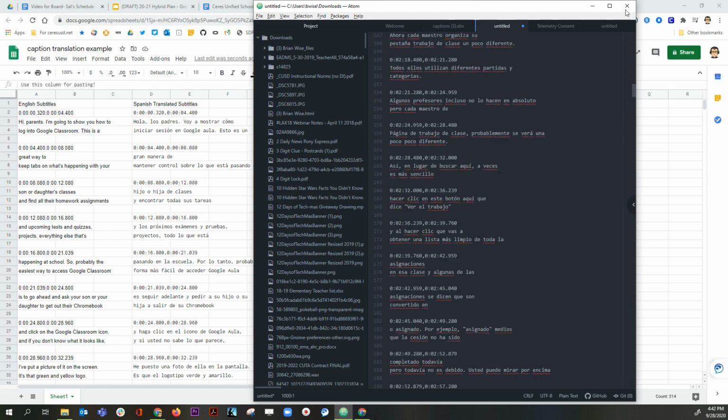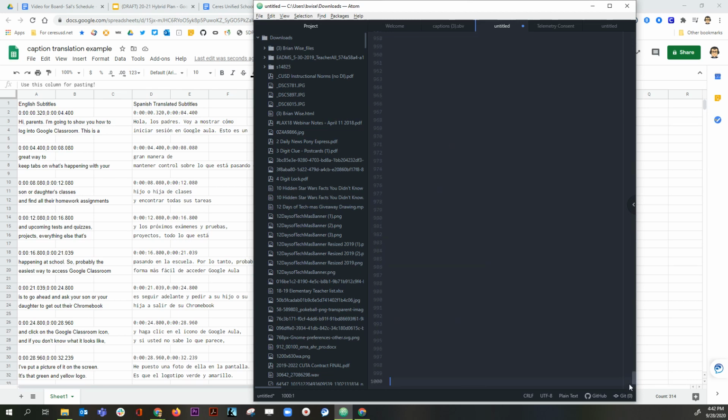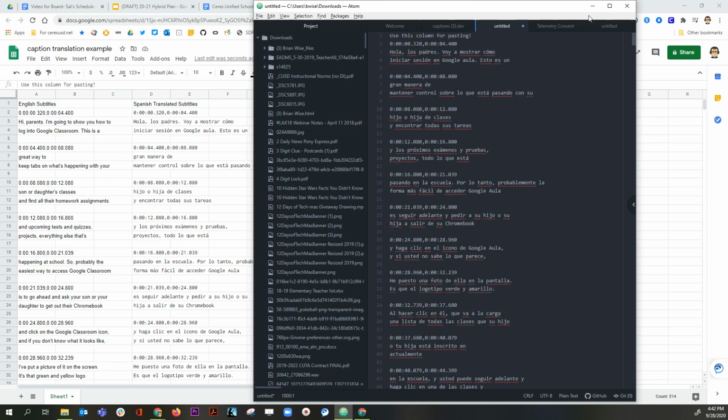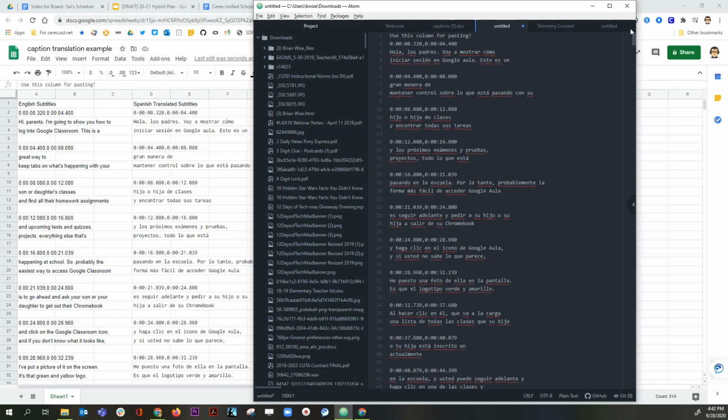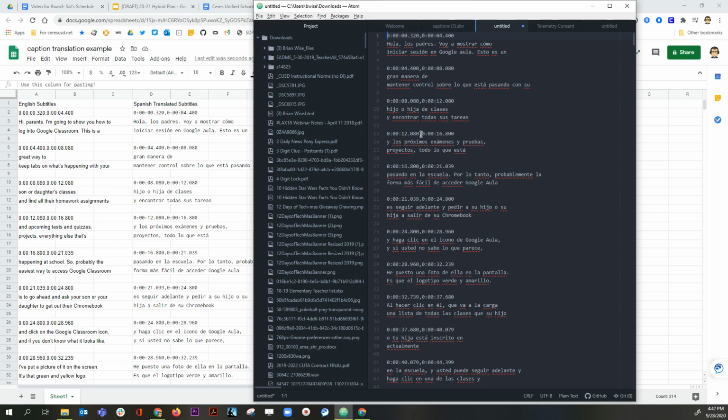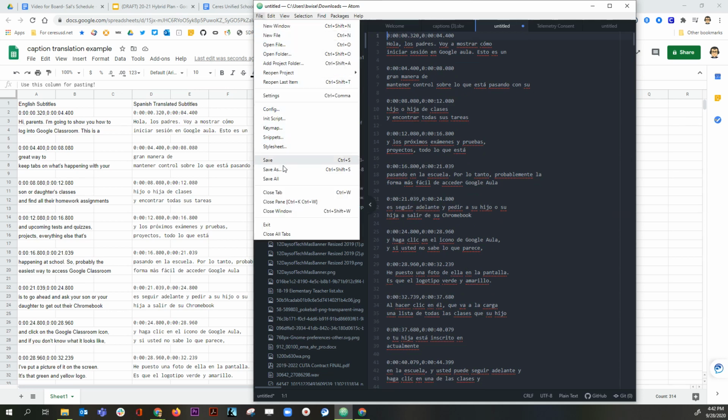And I'm going to scroll all the way up, and it's very annoying. It's going to give me a full 1,000 rows. I don't know why it does that. Anyway, when I scroll all the way up here, I want to get rid of that. That little note right there needs to be gone, and I'm going to hit the delete key to just delete that entire line. And now I'm going to hit Save As,